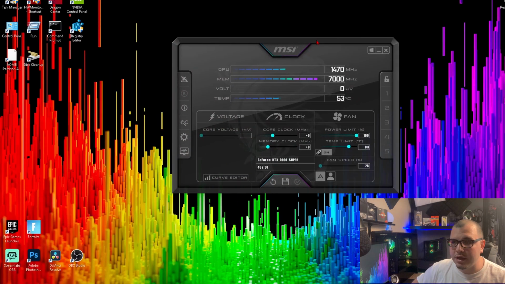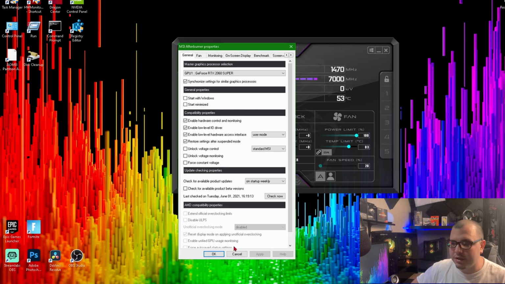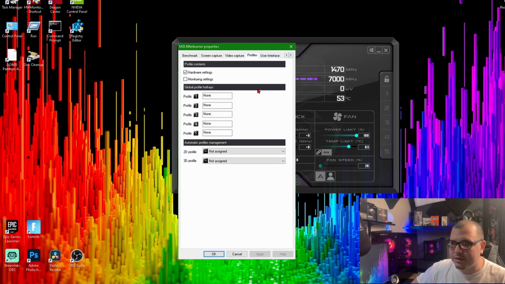This is what it looks like. You guys can do all types of stuff in here. Control your clock speeds, your fan speeds, mess with all your monitoring stuff. And you can also change what it looks like if you just go to settings, come all the way over to profiles,